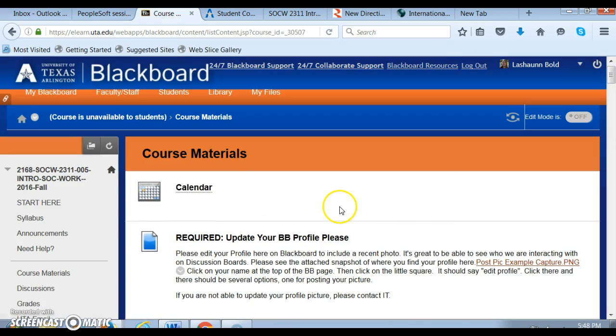I am not perfect, so there will be mistakes. There may be glitches, and we just get through them. If something happens with your Blackboard, we need to get it taken